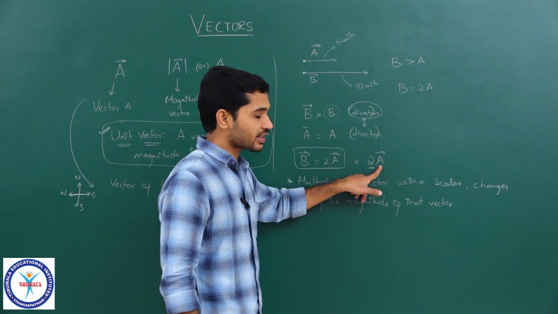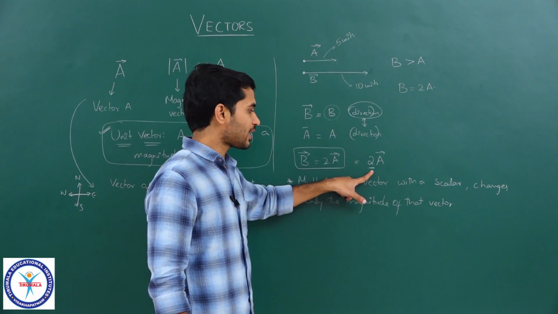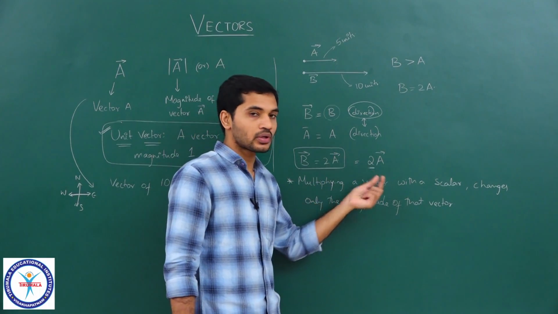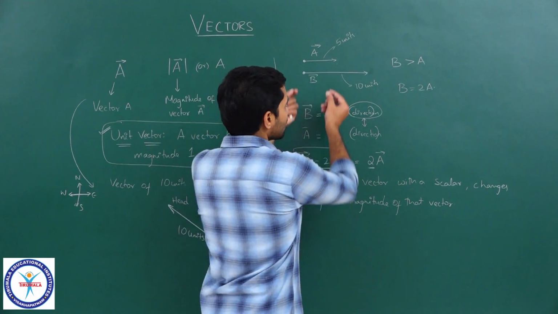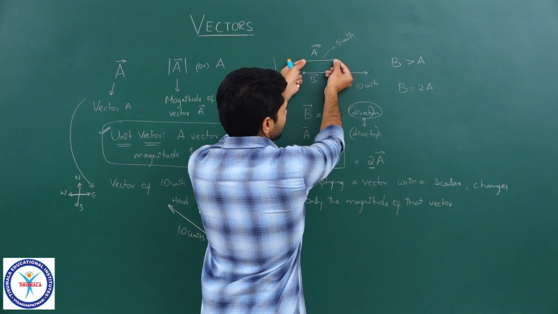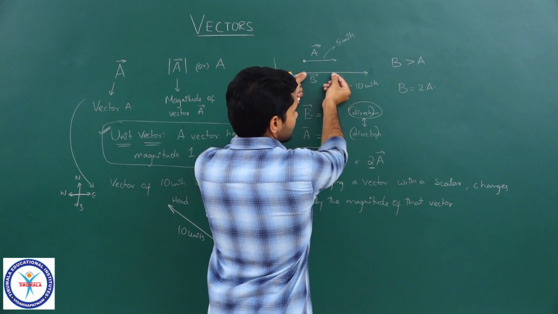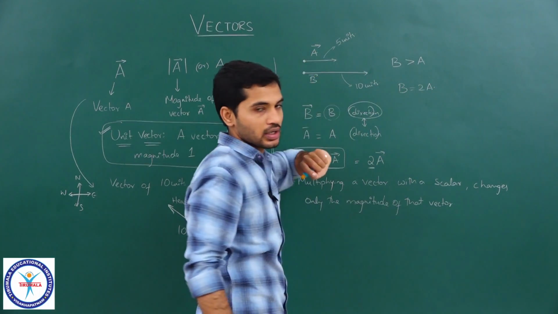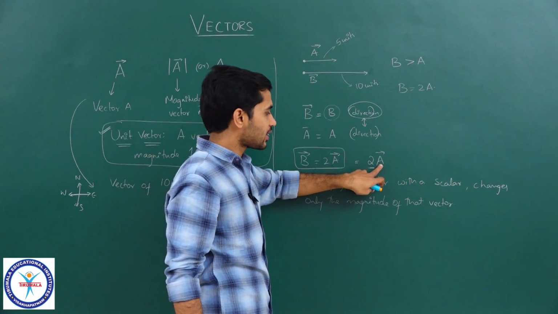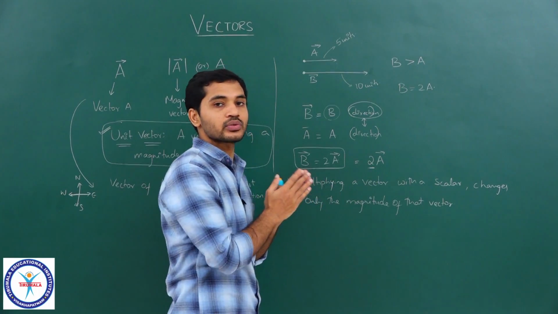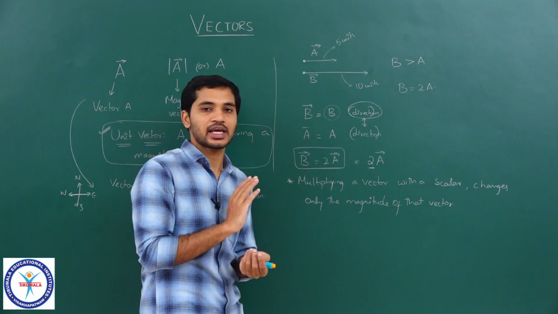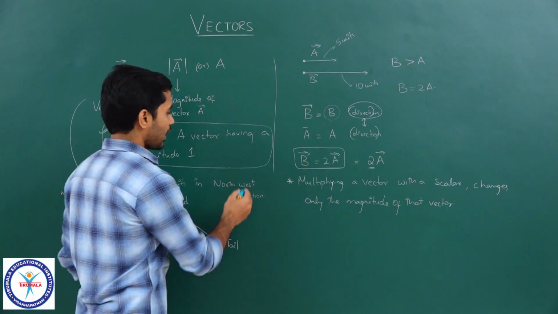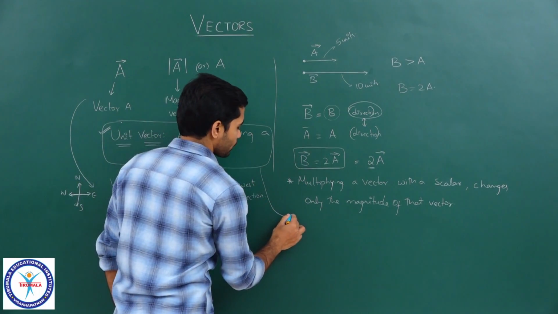So here we have a vector A bar, and when I am multiplying that with 2, which is just a scalar quantity, it has only magnitude. What is happening? This vector A bar, when multiplied by 2, is becoming a vector having twice the magnitude in the same direction of A bar. Clear? So when I have a vector A, multiplying by 2 increases only the magnitude, it does not affect the direction, correct? Now with this idea, I will use the concept of unit vector.